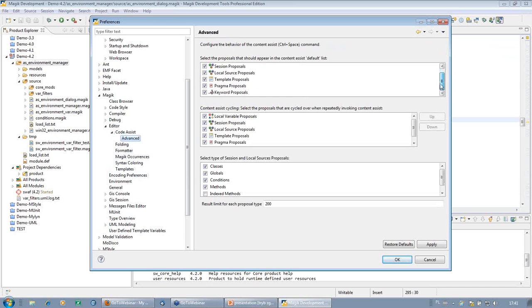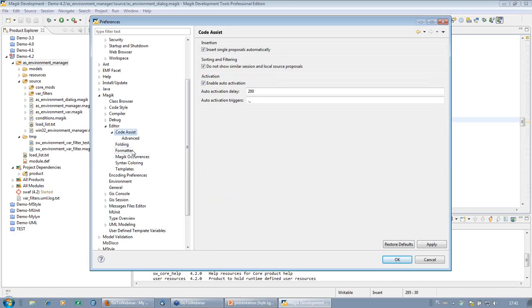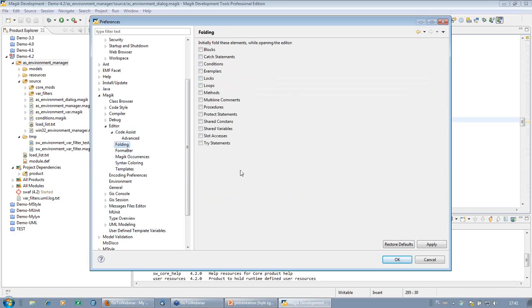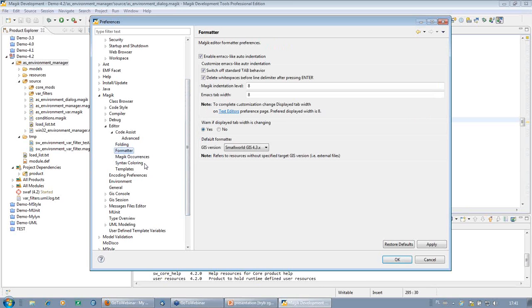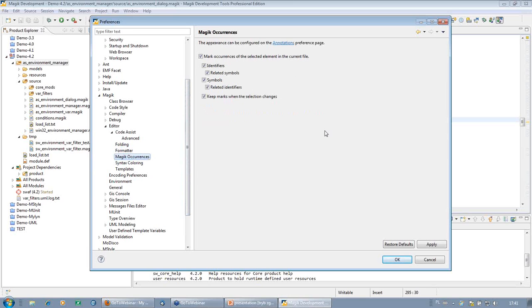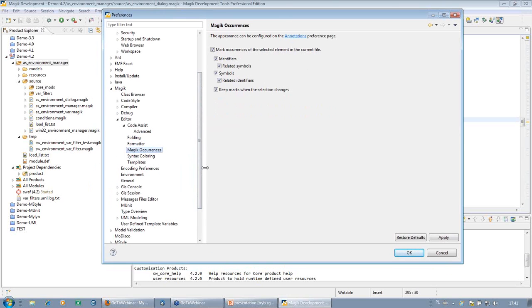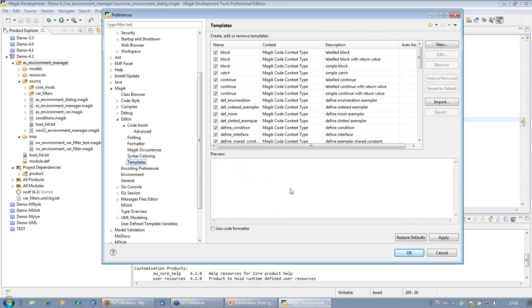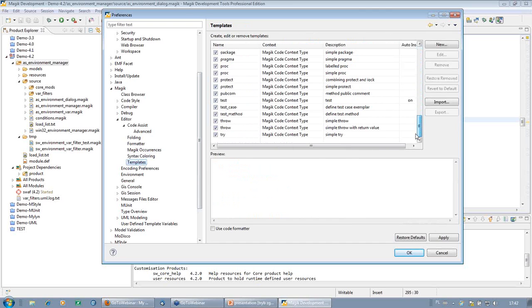I can change the cycling of proposals, the way the proposals are being added to the code, activation time, and so on and so on. I can specify the elements that should be folded in my source code. I can specify the way the code is being formatted. I can specify how the magic occurrences work, the syntax coloring, and the set of templates that are available